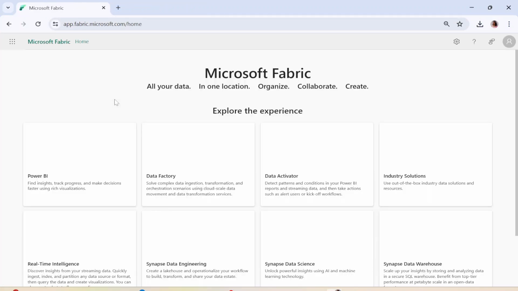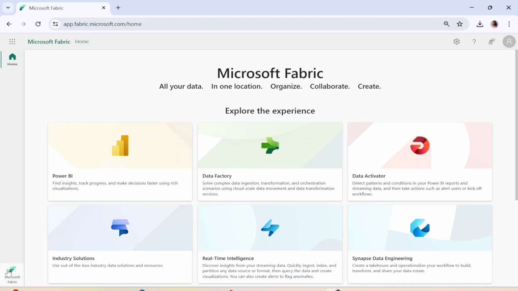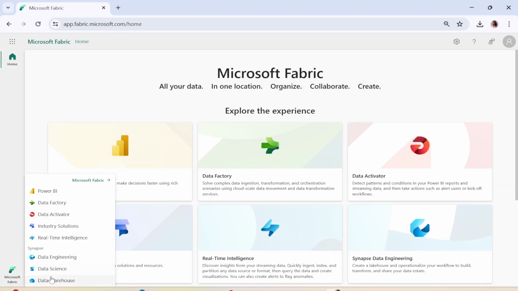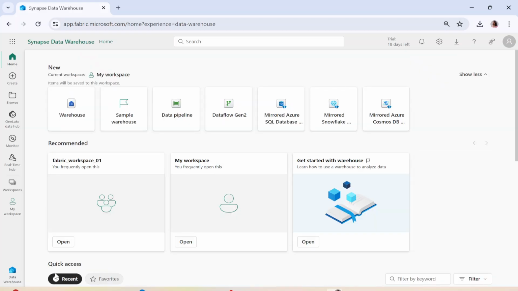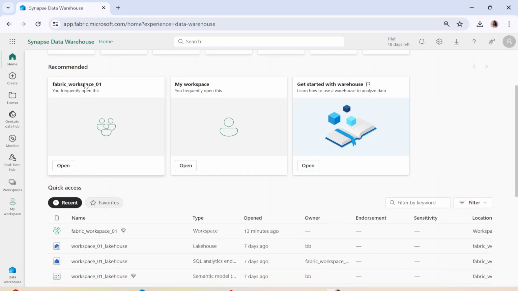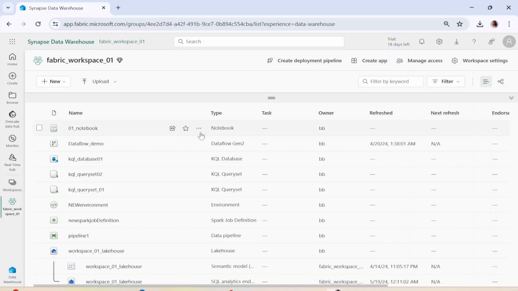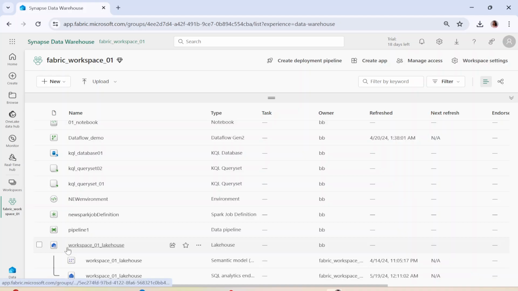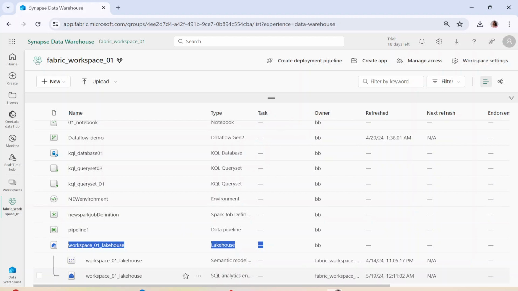Now, if I go to, let me again open this app.fabric.microsoft.com. So here you are in the Fabric workspace. So now whatever theory I have explained, I will try to show you here as well. So now if I go to, let's say, the data warehouse option over here, there are multiple ways. You already know that. This is my Fabric workspace 1. So let me go to my Fabric workspace 1. I am opening my workspace. You can already see that when I created this lakehouse, workspace 01 lakehouse, what happened? A semantic model got created, and at the same time, you can also see a SQL Analytics endpoint also got created, right? We worked on it as well. So you can see the SQL Analytics endpoint. It is created by default.